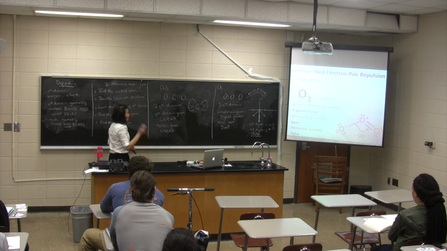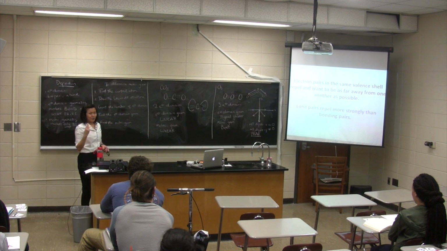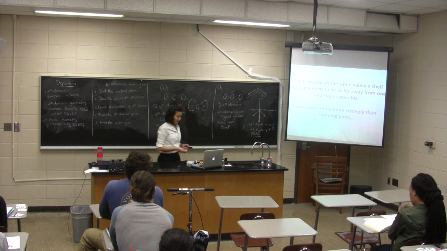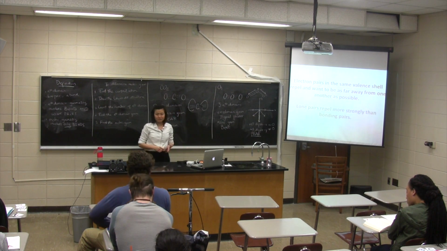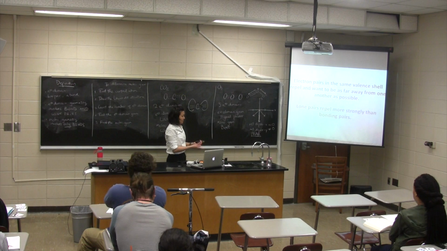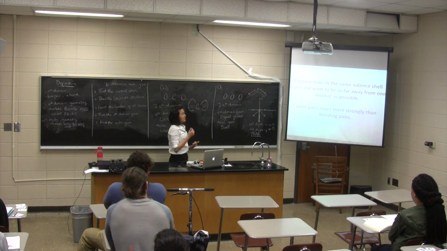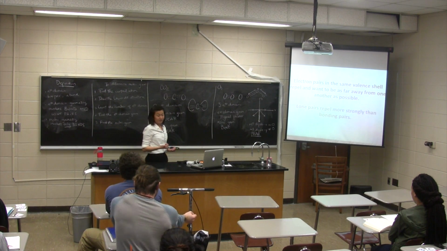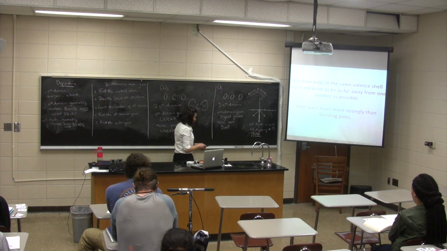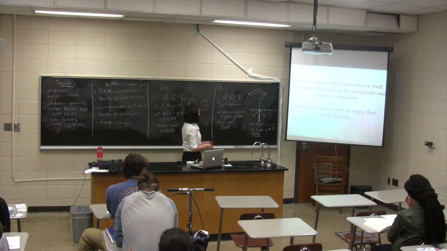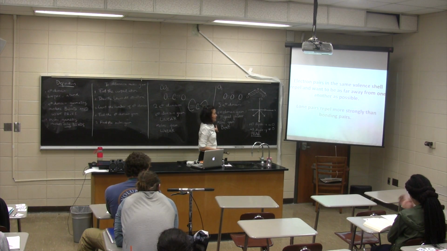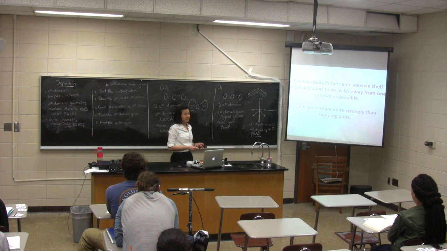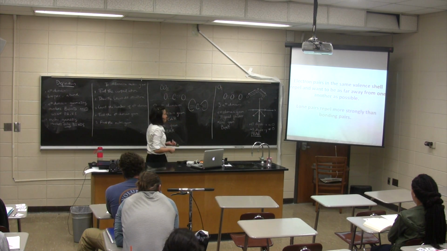So we went through two examples. What have we learned so far? We learned the valence shell electron pair repulsion. It essentially tells you that the electron pairs in the same valence shell repel, and they want to be as far away from one another as possible. And we also learned from this example, most particularly, that lone pairs will repel more strongly than bonding pairs. And it's very important. Okay?